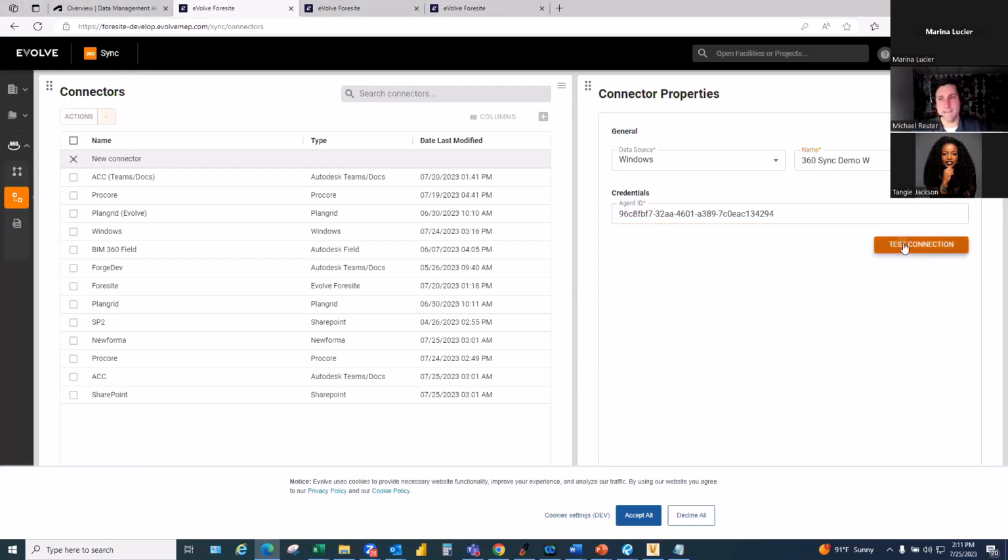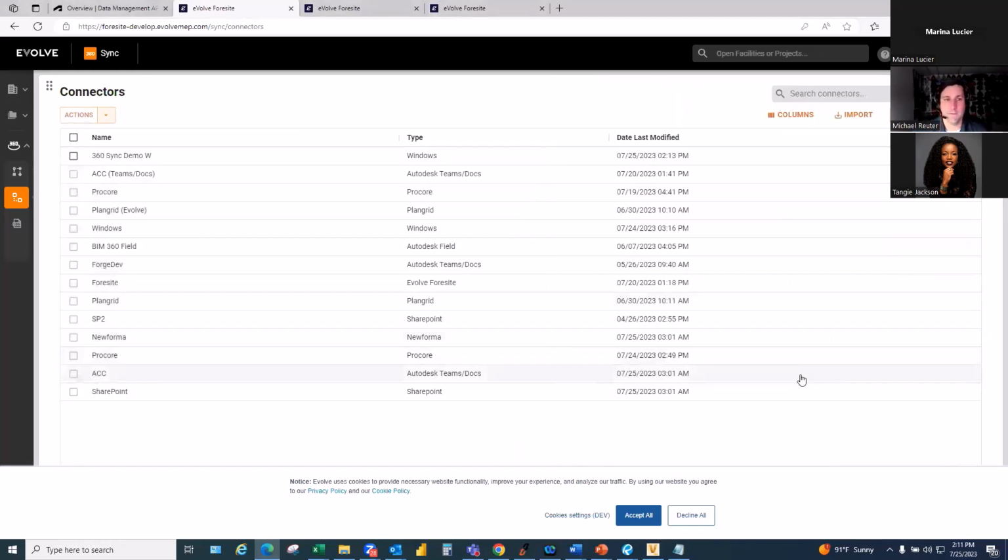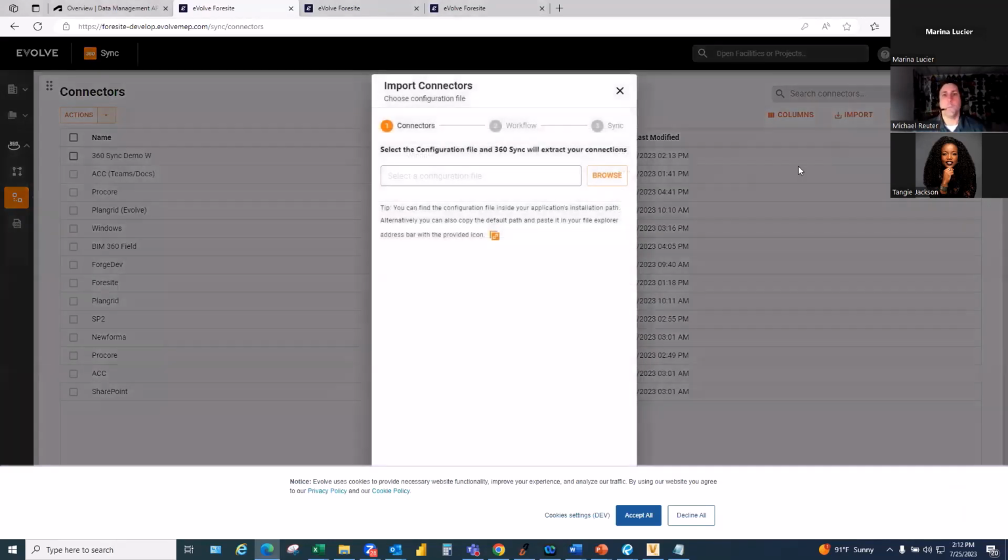Okay, then you hit Test Connection, and you're good to go. All right. Also, what we have built out is the ability to import your desktop connections and projects, and then set them up to sync. So I won't walk through that entire process right now, but basically